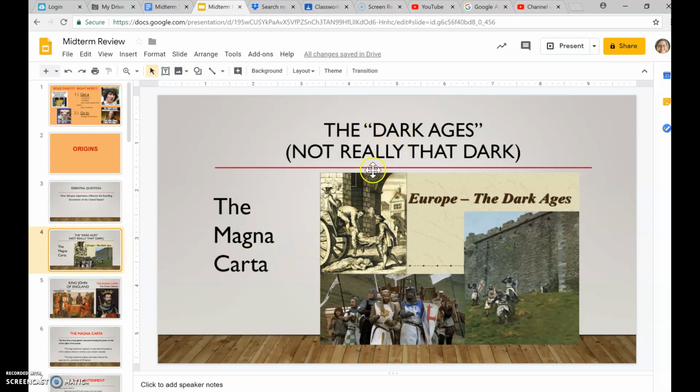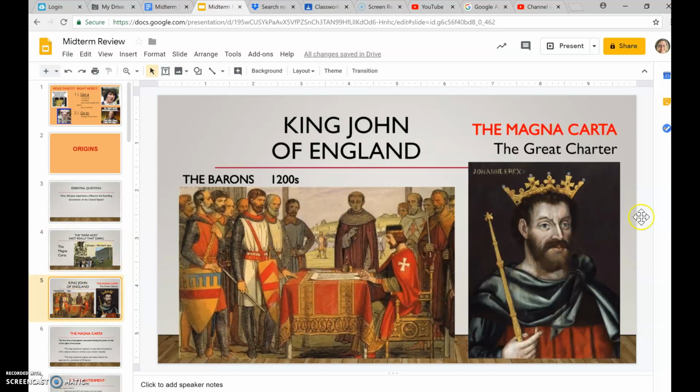The Magna Carta, remember, was a document written in the Dark Ages. We have the evil King John and the barons. The barons were the wealthy landowners. And the wealthy landowners overtook King John because King John was evil and was taxing them without their consent and basically just executing them on the spot and their sons and taking their lands and things like that. They didn't like that. So they overtook him. They forced King John to sign this Magna Carta. It's called the Great Charter.